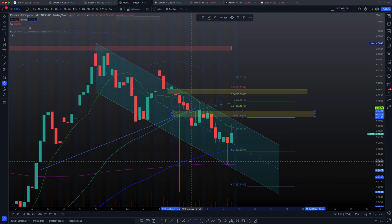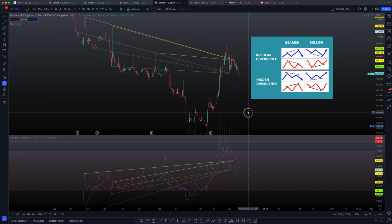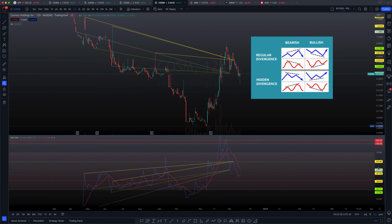Let's just take a look here. Yeah, we already mentioned the 200. Let's move on to the next chart, which would be the last chart. So this is the RSI in the 12-hour, and we're looking at the divergence chart here. Divergence is usually the opposition of price action versus momentum, with momentum being represented by this indicator, RSI, or relative strength index. Okay, so in this case, I did mention that upon the closure of the following 12-hour candle,